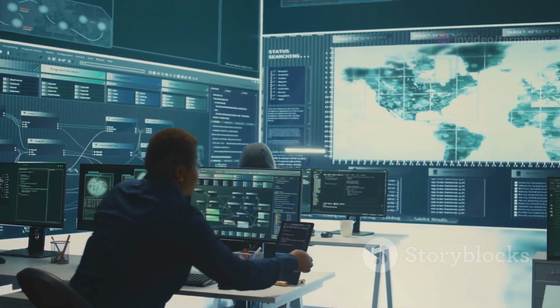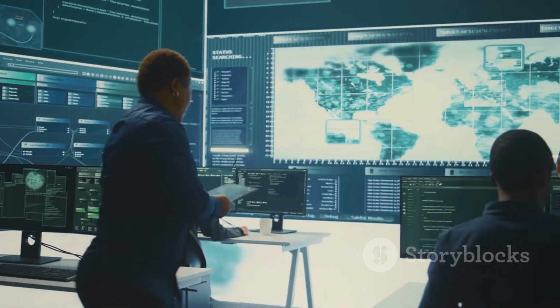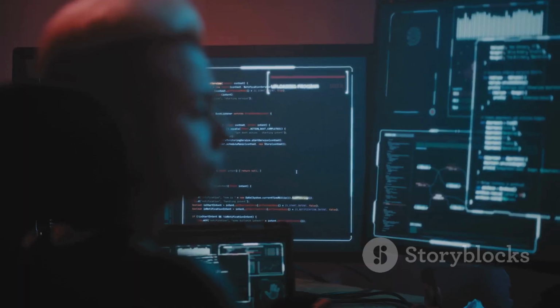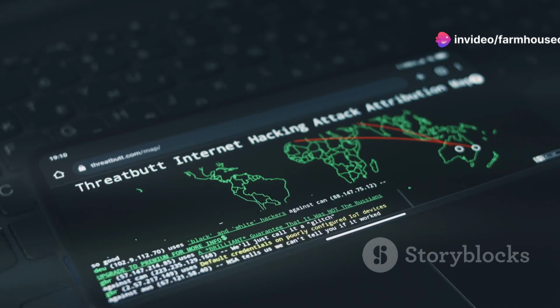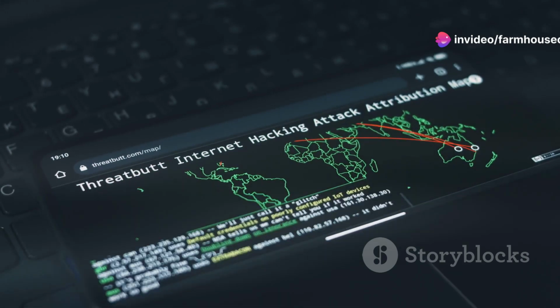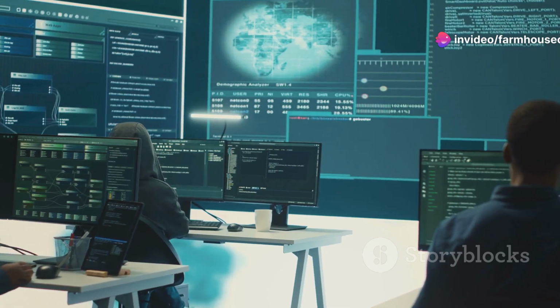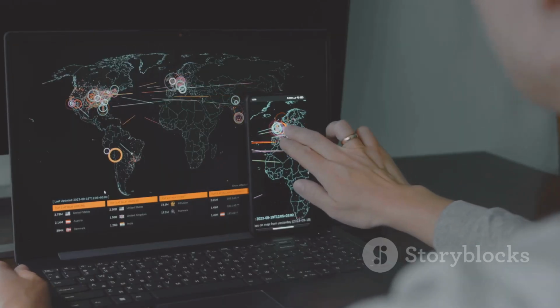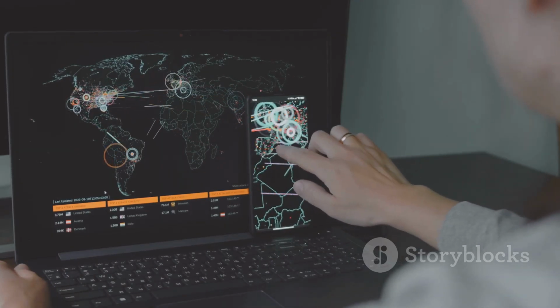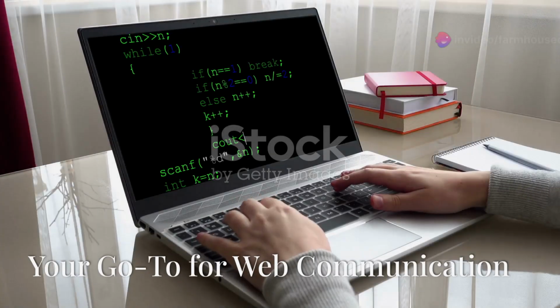Network administrators leverage it for network troubleshooting and performance analysis. With Scapy, you can forge and send custom packets, simulate network attacks, for educational purposes of course, and analyze network behavior in depth. It's a powerful tool for anyone looking to understand the intricacies of network communication.